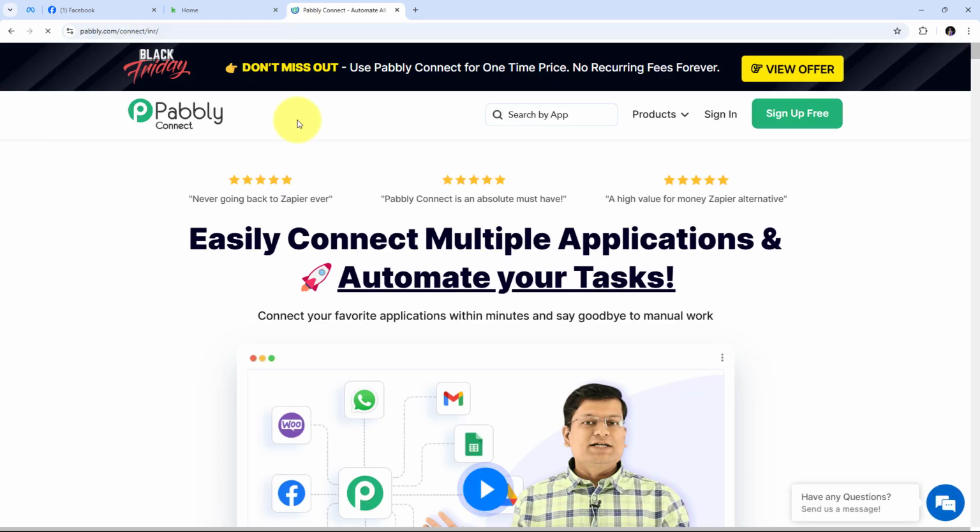And it will take us to this landing page of Pabbly Connect. Now here in the landing page, I have these two options of sign in and sign up for free. If you don't have any account with Pabbly Connect, then you can just click on this sign up for free button, and it will take only 2 minutes of your time, and you will get 100 free tasks every month. Or if you already have an account or you are an existing user, then you can just click on sign in